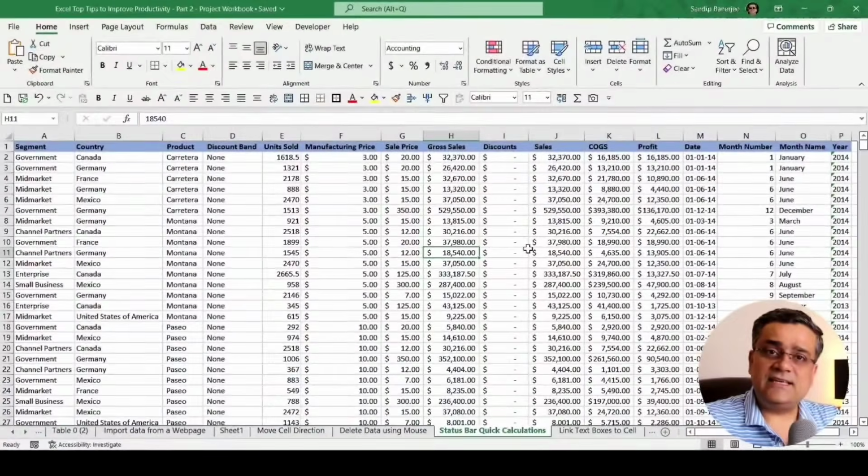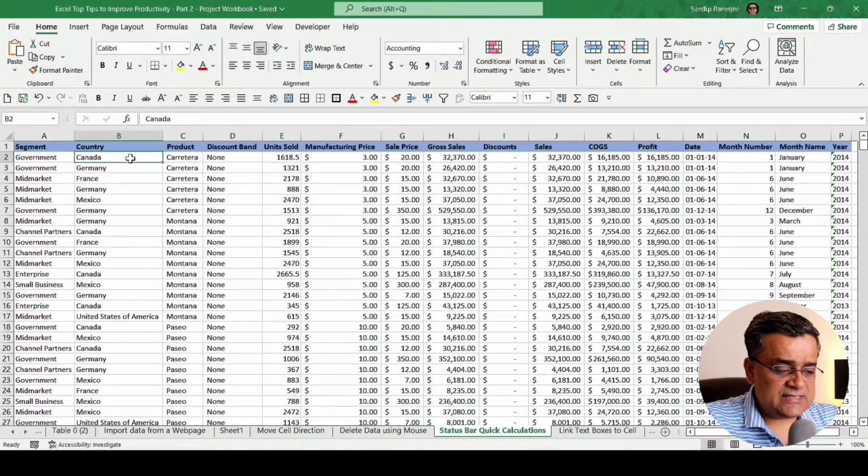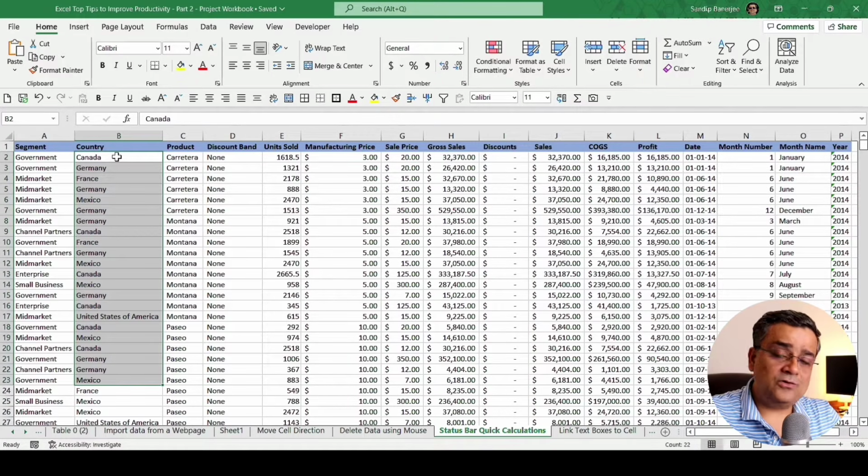Now you can see I have a data set here and this data is a huge data, right? If I just maybe select some of the data from here and I want to understand how many cells I selected, if you follow my mouse, it is showing here count as 22. So this is the status bar of your Excel and it quickly counts that so that you don't need to